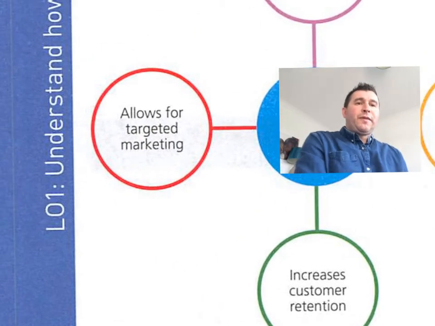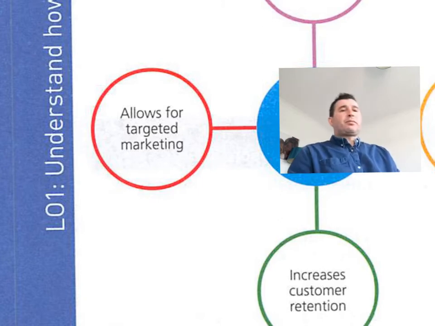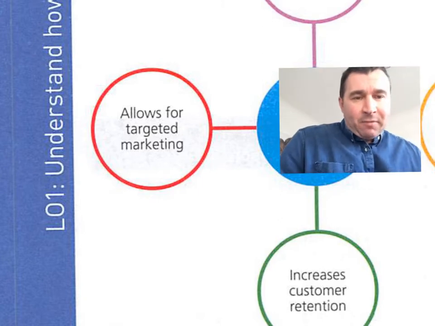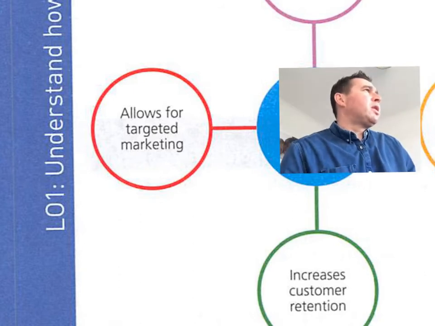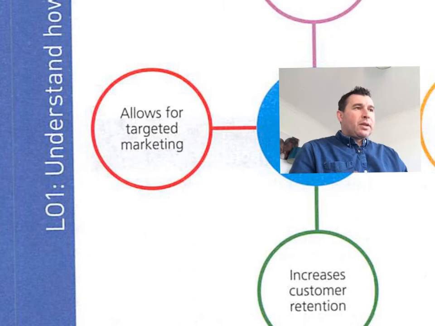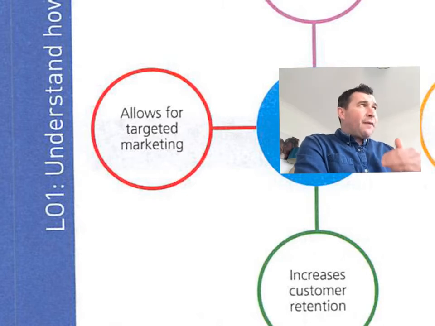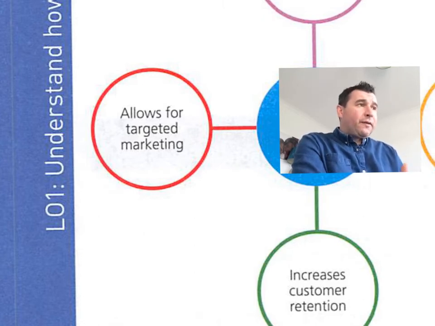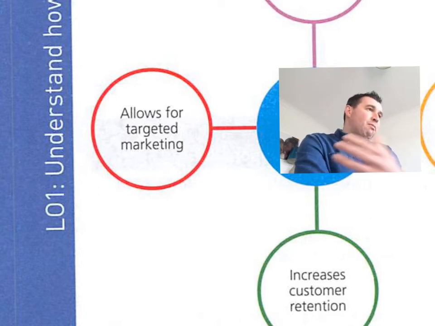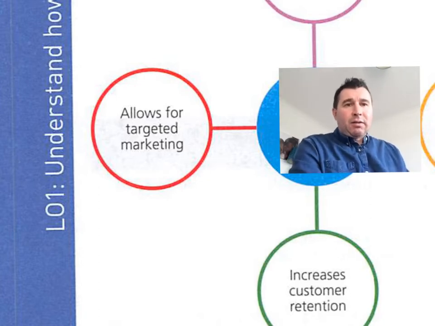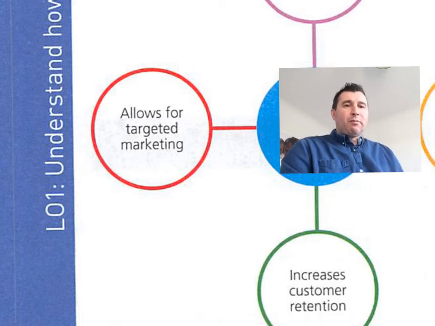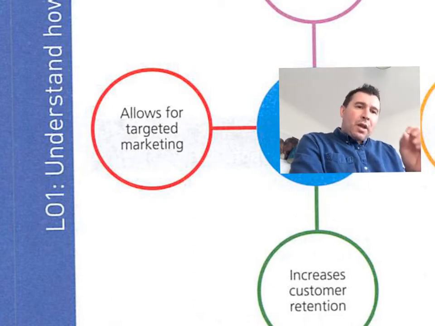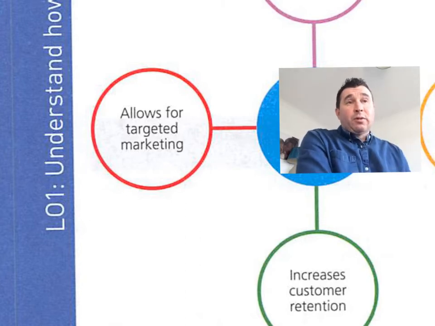Okay, allows for targeted marketing. Right, well, advertising. If we look at segmentation, if I'm going to do high-end holidays, holiday experiences to Mauritius, the Seychelles, or so on, then I need to advertise to the right subgroup. If I start advertising to a lower income group and they can't afford holidays to the Seychelles, they're more like me. They're like a caravan holiday down in Cornwall. Nothing wrong with that. Best holiday you can have, barbecues by the beach, lovely. But anyway, there's no good advertising to me because I can't afford to go there.